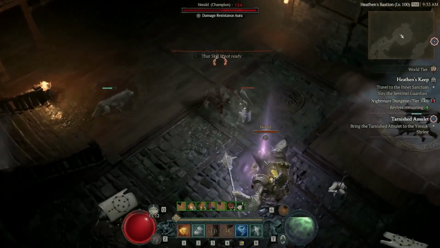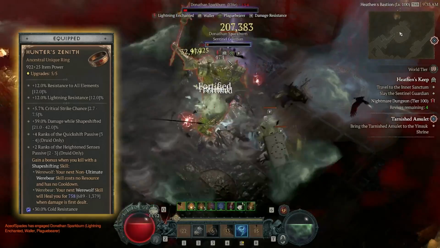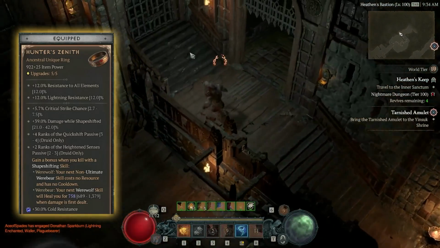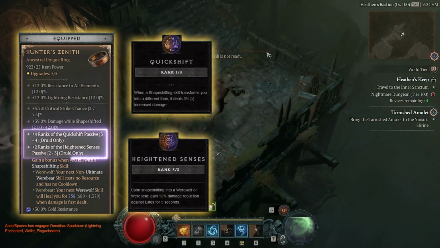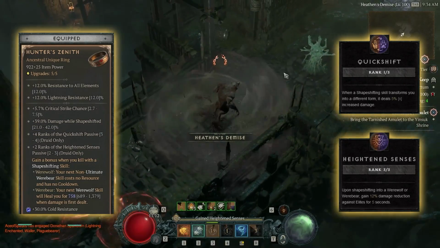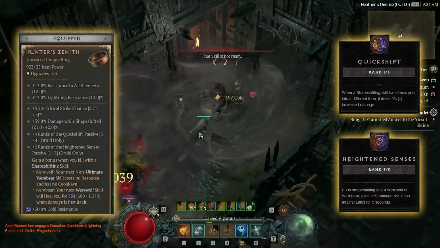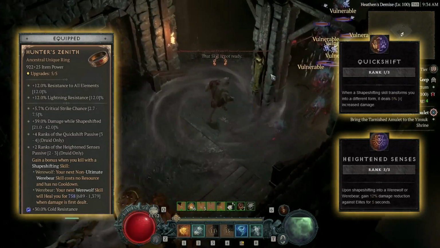The build has never been stronger, because we can use Hunter Zenith. Look how often I'm spamming Debilitating Roar. Hunter Zenith has received massive buffs this season. You have 2 key passives that you get from the ring, an additional 20% damage reduction from it. Absolutely wild that we can get so much DR from this passive, which can go up to rank 5 or